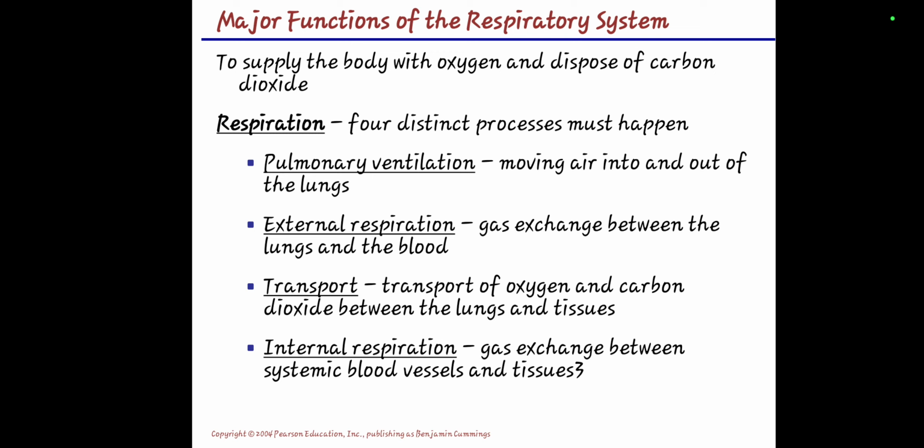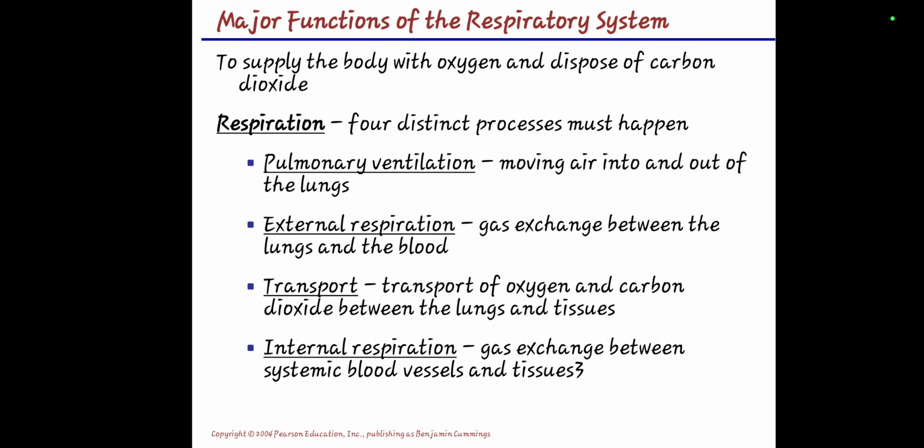Aside from that, when we say respiratory system, respiration occurs. It has four distinct processes which happen. So what are those processes in respiration? Number one is pulmonary ventilation. What happens in pulmonary ventilation? When we say ventilation, it is the circulation and exchanging of gases to the lungs throughout your body. What is the function of pulmonary ventilation? It is for moving air into and out of the lungs. So in pulmonary ventilation, it is exchanging gas into and out of the lungs.